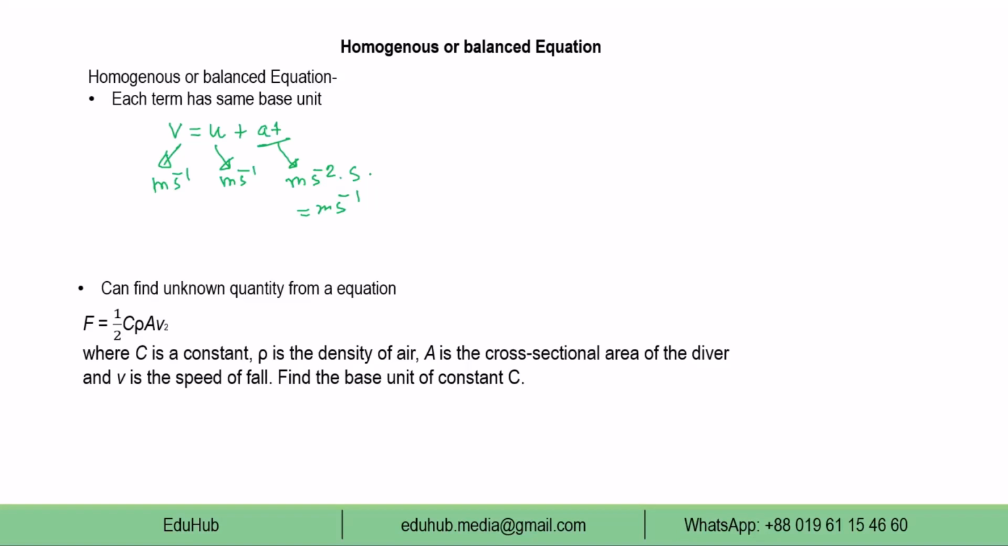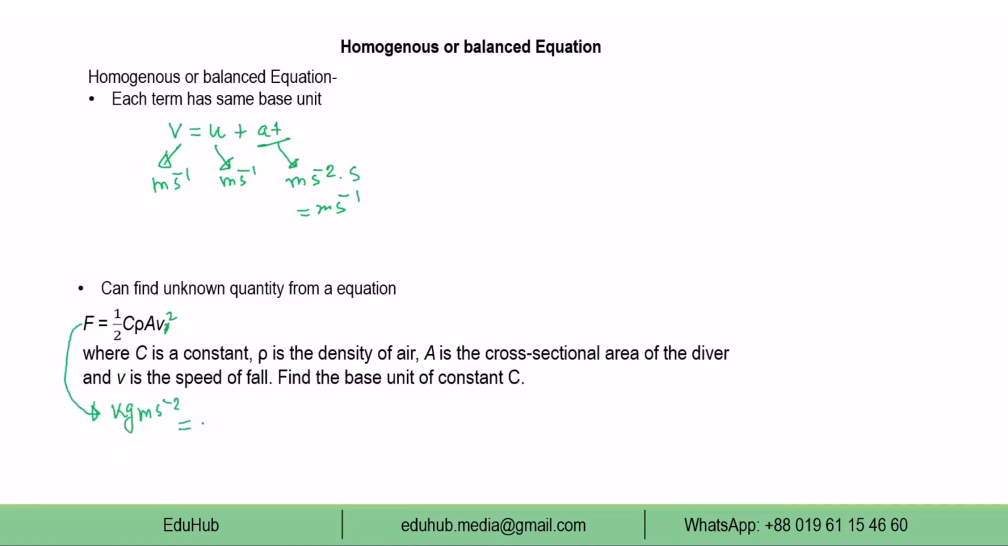Now if an equation is declared homogeneous, then we can calculate the unit of any unknown quantity of the equation. We can see it in the example. Here it is F equal to C rho A V to the power 2. So for this equation, left hand side is force, that means the base unit of force is kg meter second to the power minus 2,